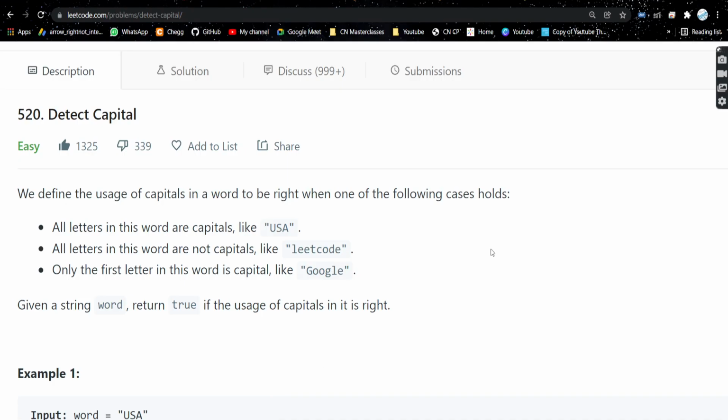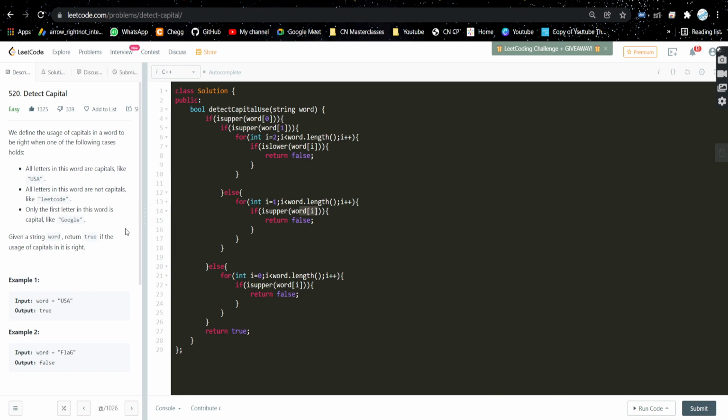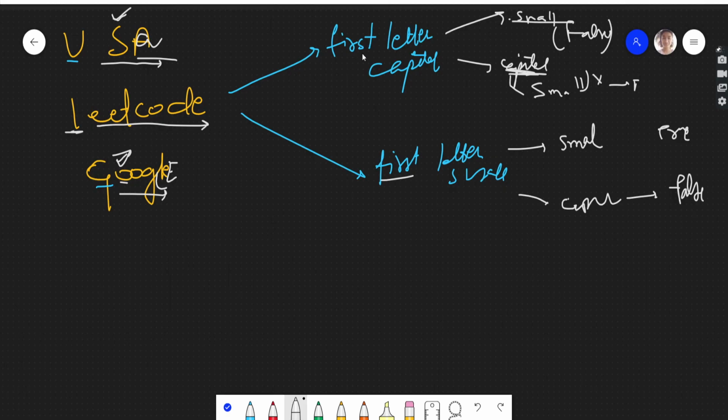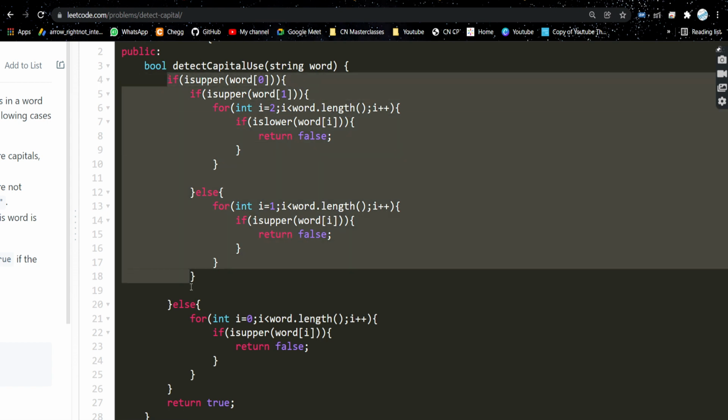Let's see the code. So see, what we are doing is we have this function detectCapitalUse. It takes this string word. First of all, we are checking the first letter, whether it is capital or small. We are using the isupper function to check the first letter, the zeroth index letter. If it is capital, we will do this thing.